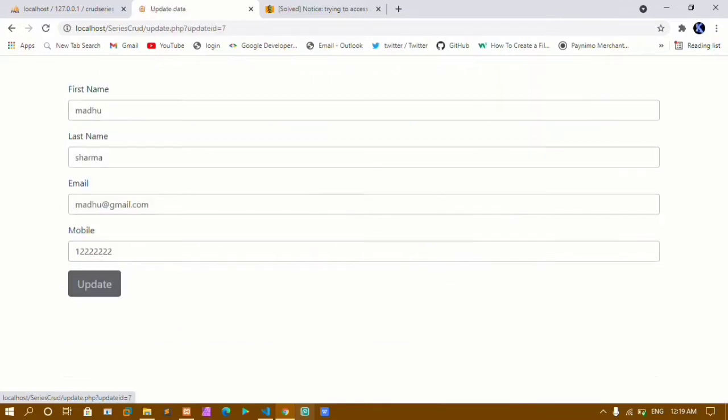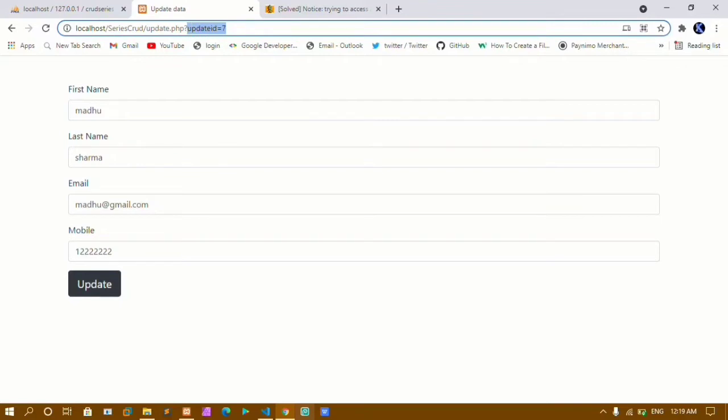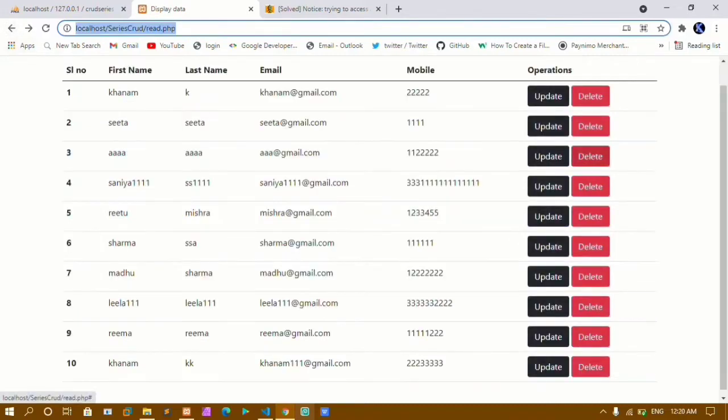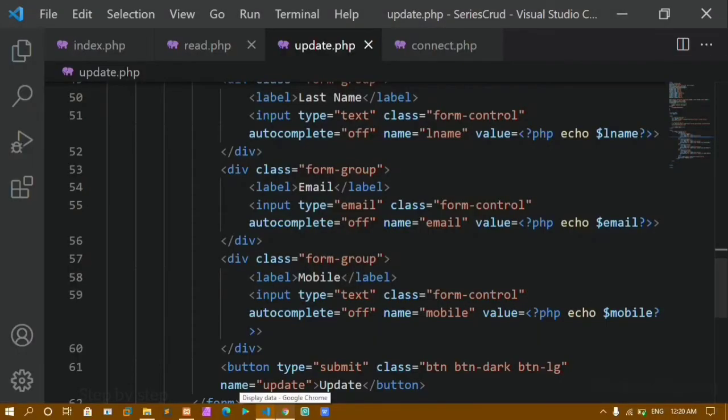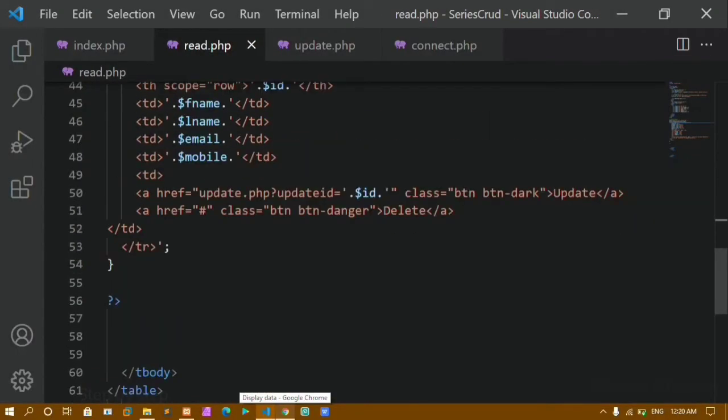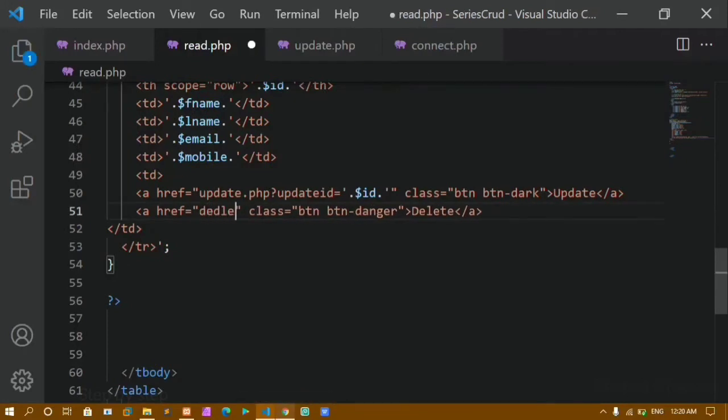And also when I click on this update, inside my URL also I am getting this ID. We have already seen in our previous tutorial how to get this one. Now in the same way, when I hover on this delete, I should be getting that ID. So for that, wherever I have that delete button, inside read.php, I'll just create one file, delete.php, and to access that one I'll be writing one variable here, delete ID is equal to, I'll just concatenate this ID here, whatever I have as ID. In whichever ID I am clicking, that ID I need.